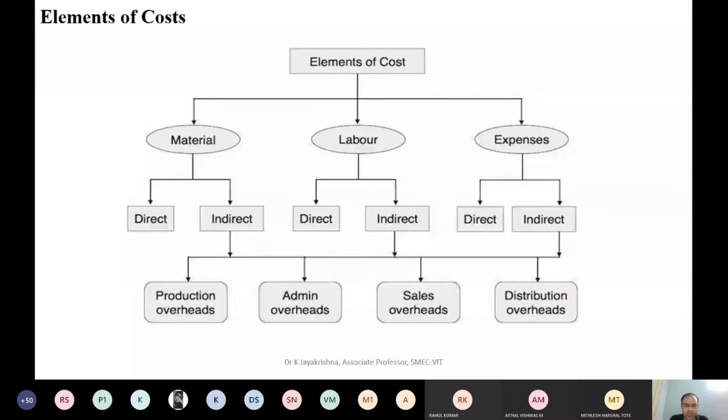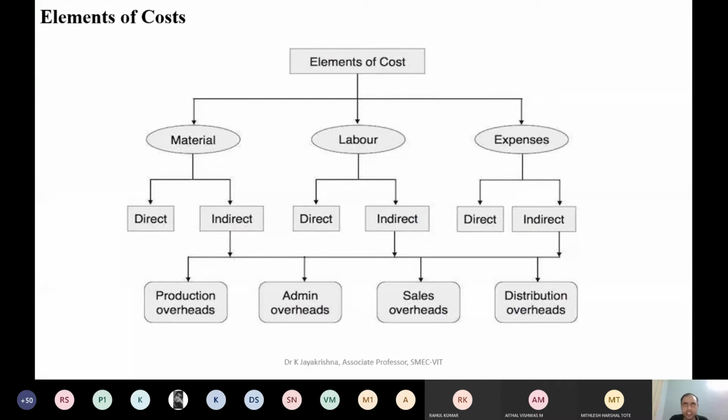Just remember these terminologies. When we discuss each and everything, you will understand very clearly. Are you able to understand this classification? At least I believe you can have a picture of this in your mind, so that it will be easy to understand the other slides when we discuss. As we move on through the slides, we will discuss what is what, and you will understand if you have a clear picture of this.